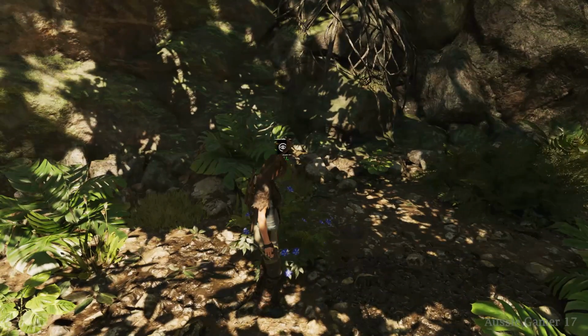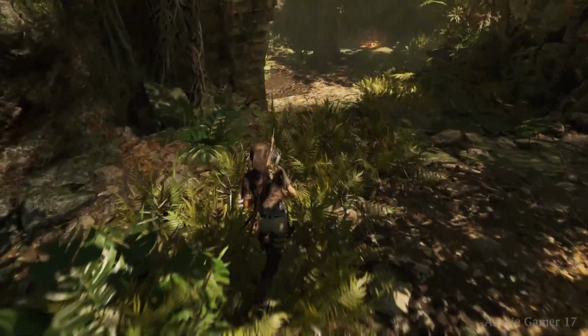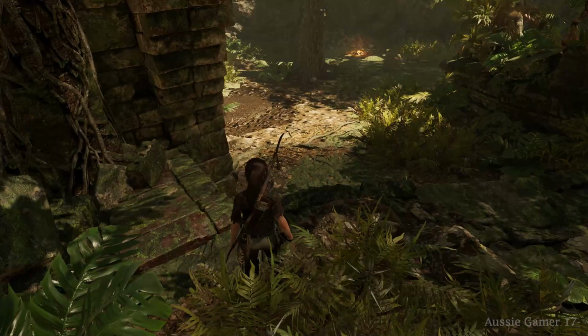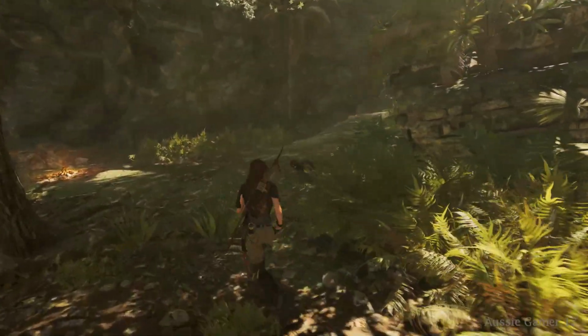Okay, so we're full up on that one as well. We can head over here. Sorry about that. Just checking my notes, making sure we don't miss anything. Head over here. We've got some cloth. And from here we can head back to where we started, and then go to our right,